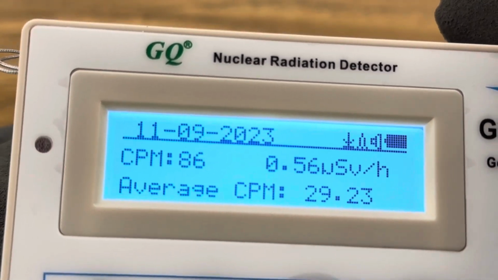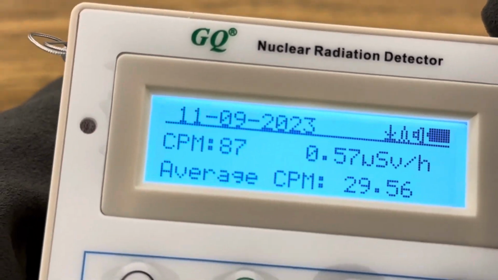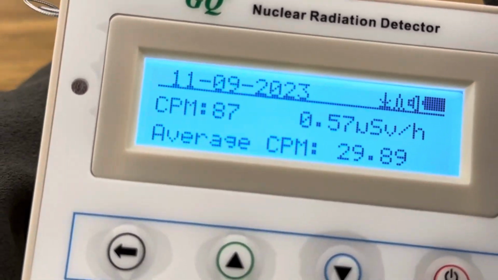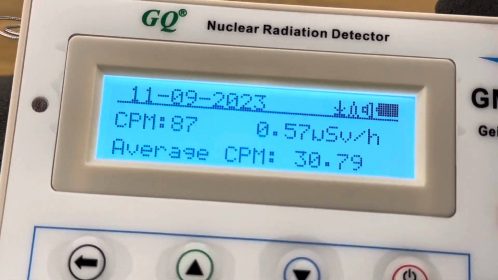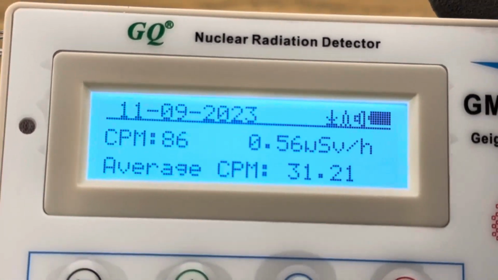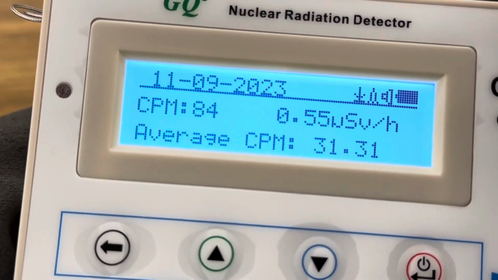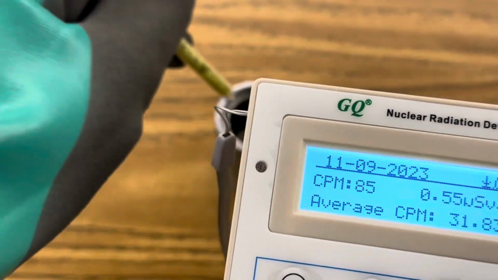It's detecting a little more radiation, up to 90. When it gets up to 100, it'll start beeping. And that's kind of a warning that it needs to be shielded. And let's see if it gets up to 100. Pretty close, but not quite. So we're going to put it back in the lead,